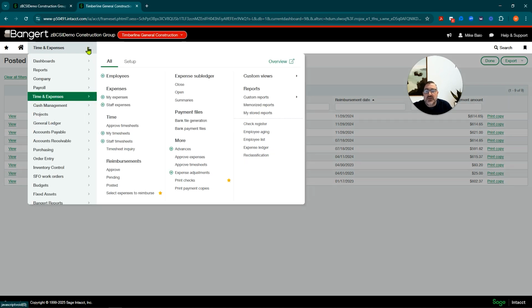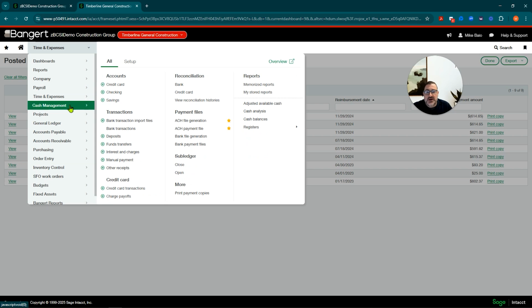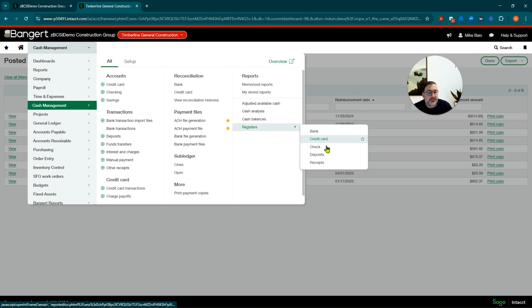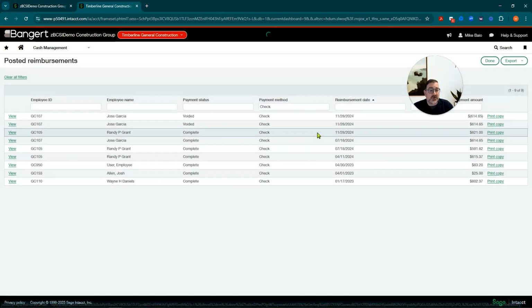So what you're going to do now is come over to cash management, and you're going to take a look at your bank register. In this case, you could look at the check register because it's just a check. But in most cases, I like to select bank because it'll show you direct deposits and checks. So if we go into bank here,